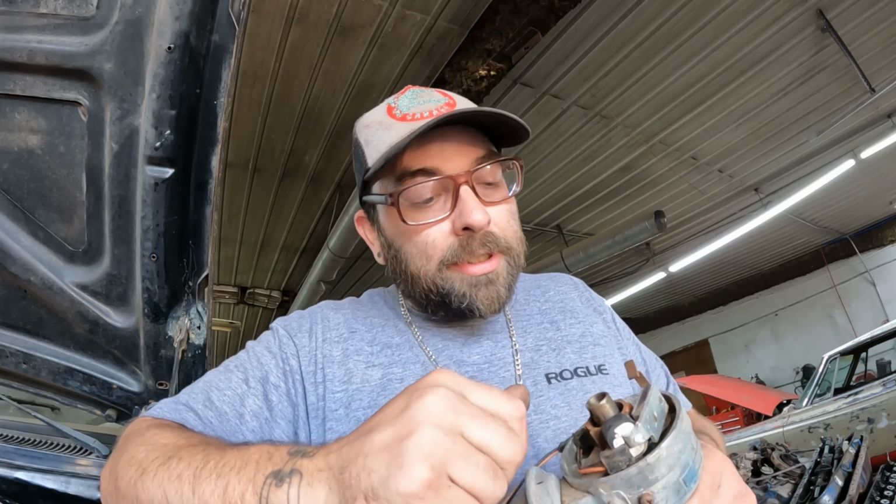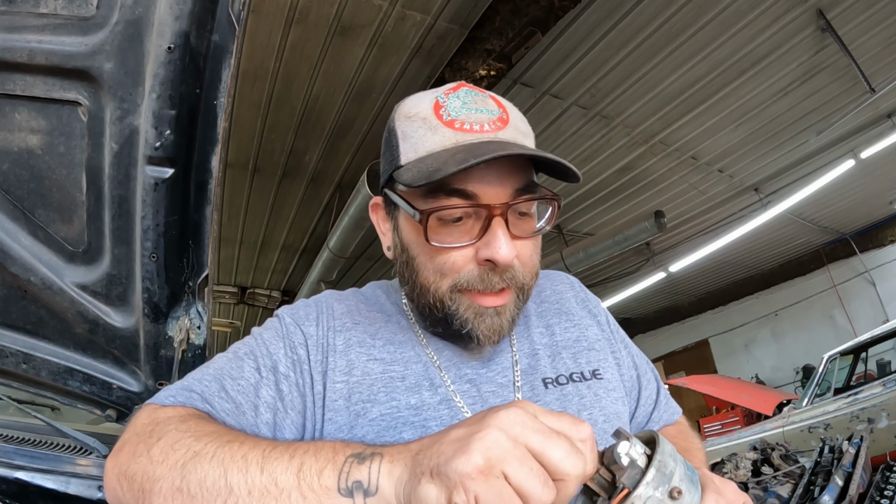But on mine, because it was brand new, it had never been actually gapped properly and never set. And I didn't actually know that was a thing. So that's something I learned yesterday about these trucks. I'm always learning something new. So I was wanting to share it with you guys because, again, I don't know if you guys know this information or not, but